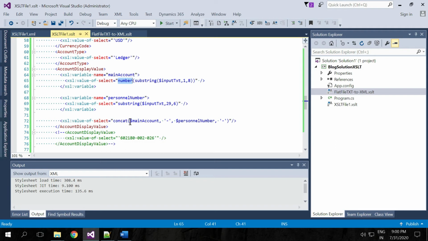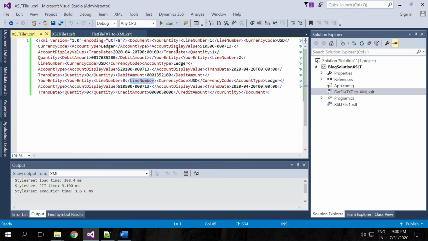And suppose you want to concatenate two strings, you declare variables and concatenate them and assign it to the value of within this tag. So account display value in my case will be a combination of two strings, as you can see here.